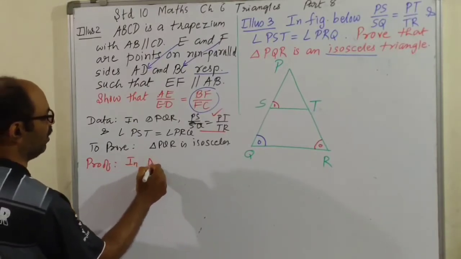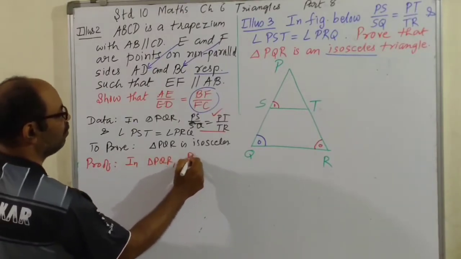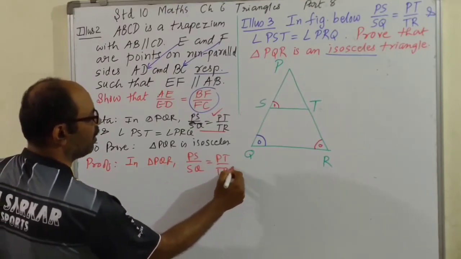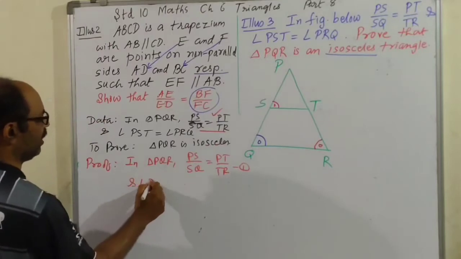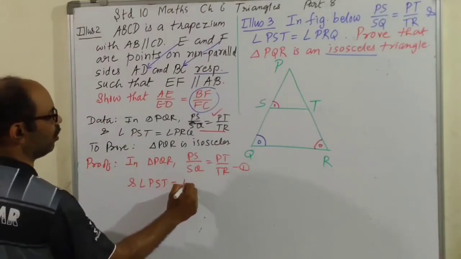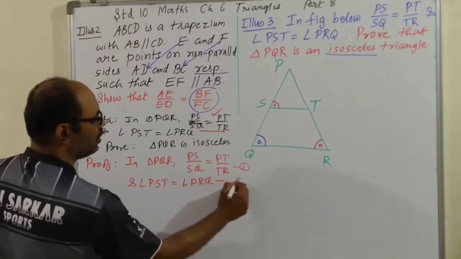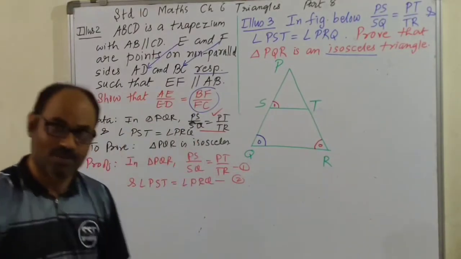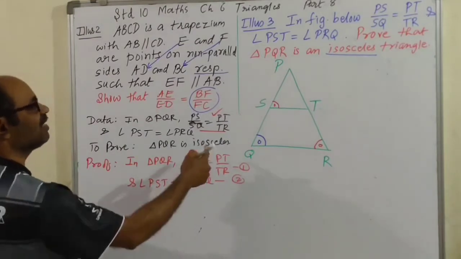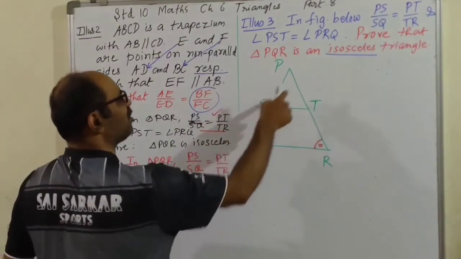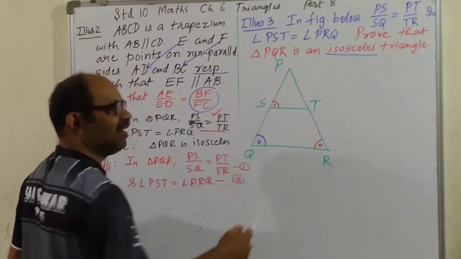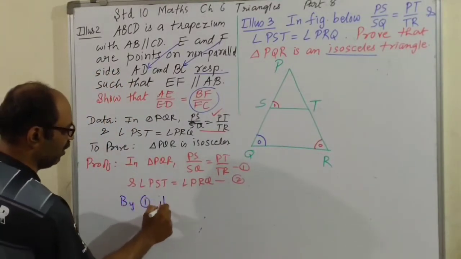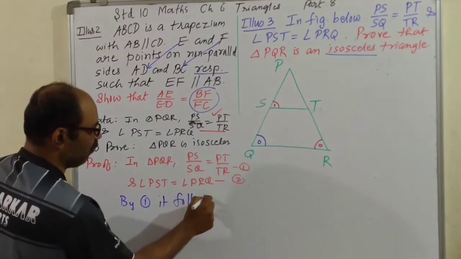In triangle PQR, PS upon SQ is equal to PT upon TR. Result 1. And angle PST is equal to angle PRQ. Result 2. When we need them, we'll pick up the form of result 1 and result 2. Yes, PS upon SQ is equal to PT upon TR. That is in result 1. By 1, it follows that